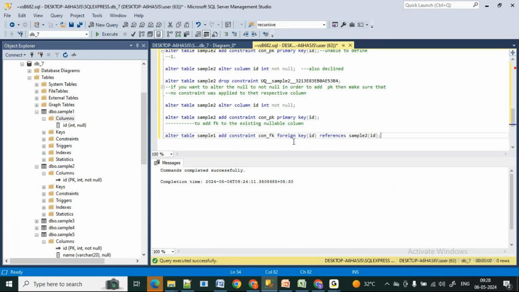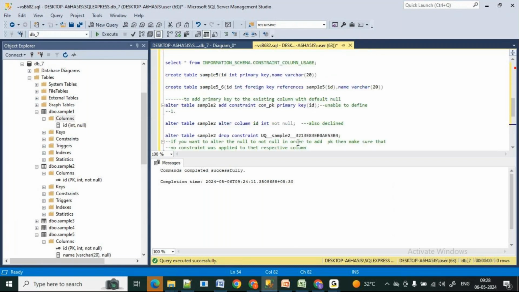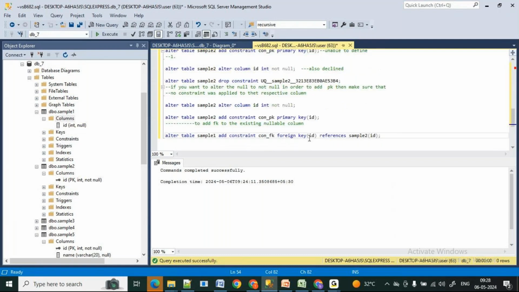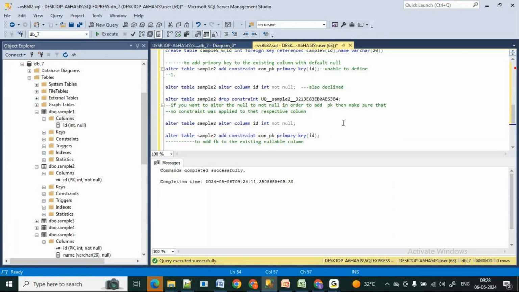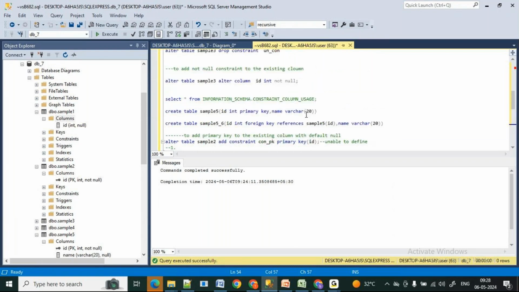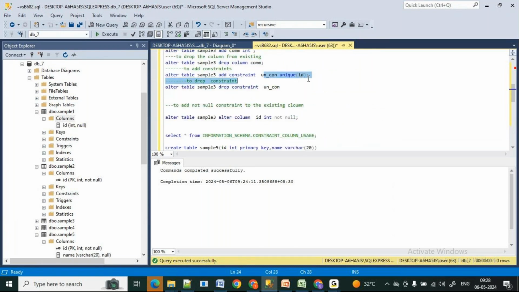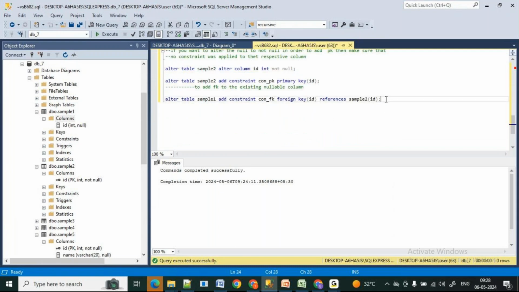See, the same definition we are following. See, here also foreign key references sample 5 of ID. Here also the same, but the place of ID got changed. Before it was here. Okay, the same thing, right? Unique of ID, primary key of ID. Here also we have unique of ID. Remember that.